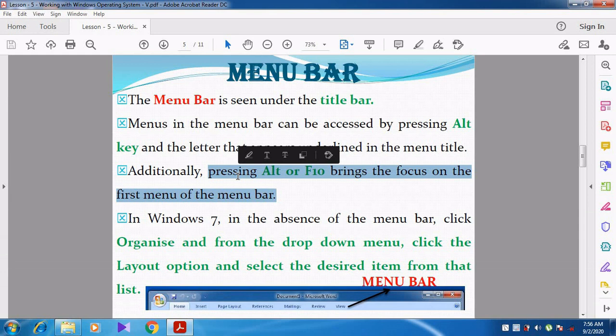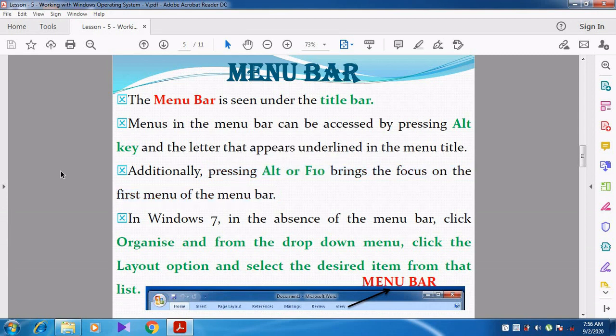Instead of pressing the Alt key, you can also press F10. F10 brings the focus to the first menu in the menu bar. Can you understand, students? Why I didn't press F10 is that if I press F10, the recording will be stopped, because that is the shortcut to stop the recording. So you just check it at home. Instead of pressing the Alt key, you can also use F10 to bring the focus on the menu bar.